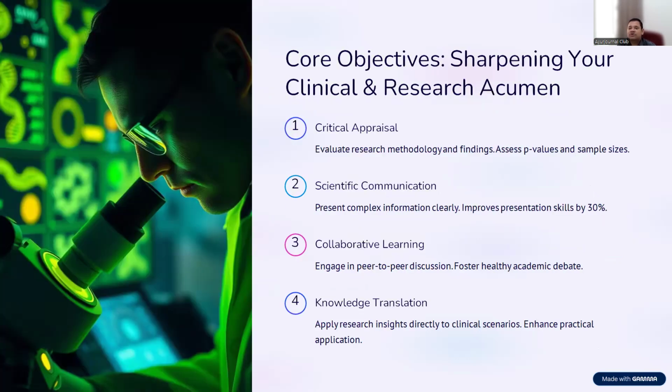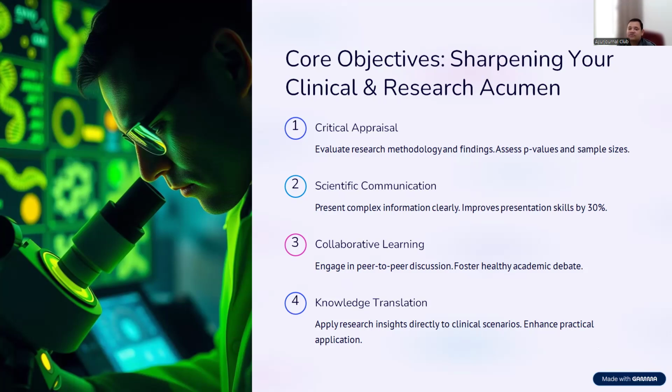So what are the core objectives of this particular program? You can see here it will be critical appraisal. Means we have to think about critical values. When we read some RCTs, randomized controlled trials, we are going to evaluate what the methodology is, what the significant value is, how the sample size is calculated. You don't need to worry about any of these new words. We are discussing them in subsequent lectures one by one along with the topic which the students are going to be